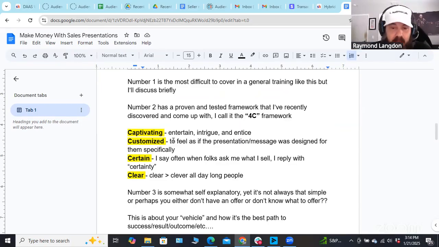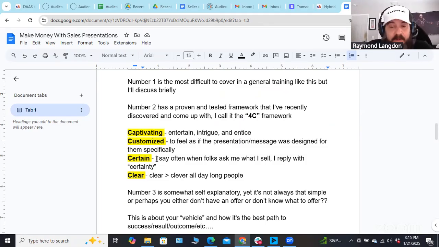But if it was designed specifically for them, there's not many ways to say that any clearer, right? Certain. So you have to be certain you can deliver the results. So when you present this solution to somebody, in this case, data to lower their costs, to get better targeting, to get a bigger lead base, to have more people to blast out in your email campaigns, whatever that is,